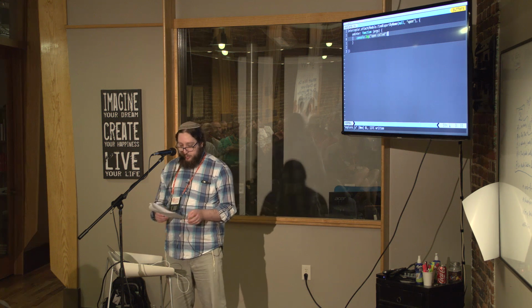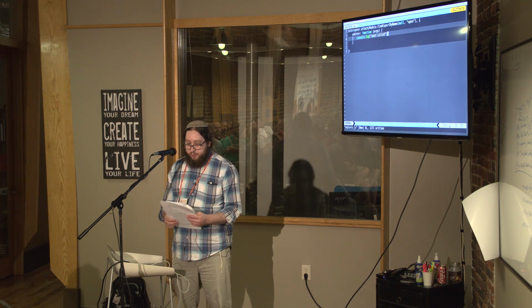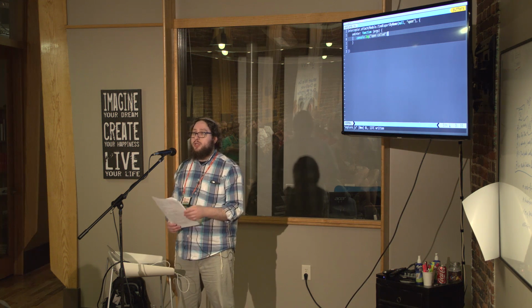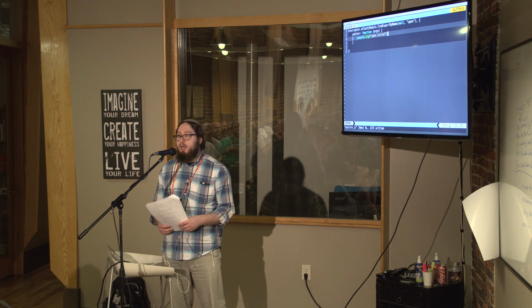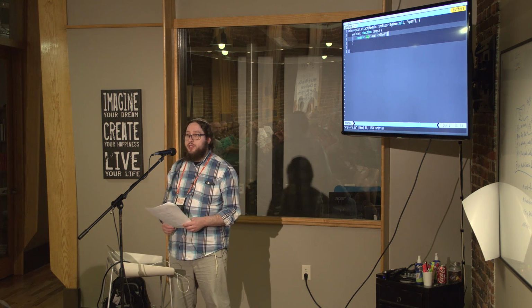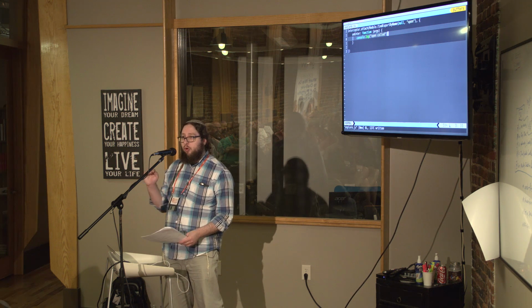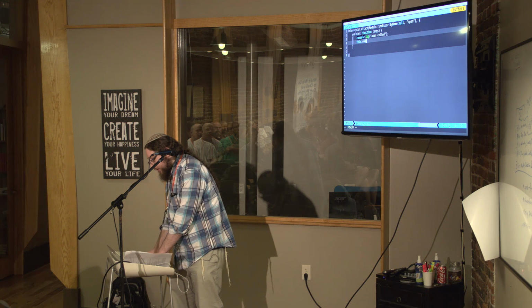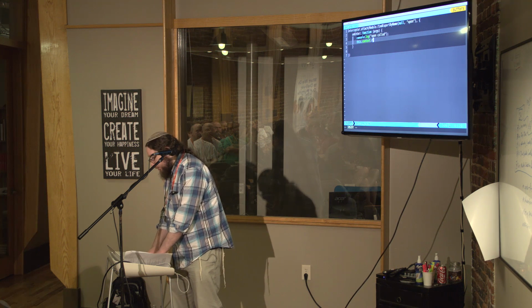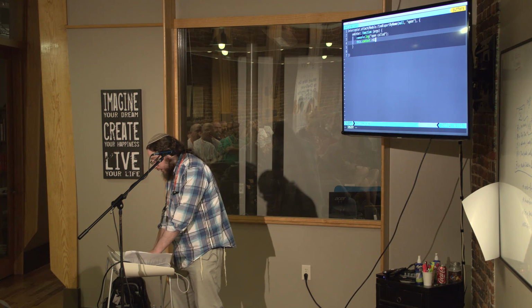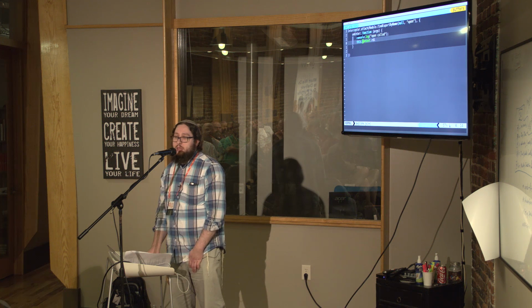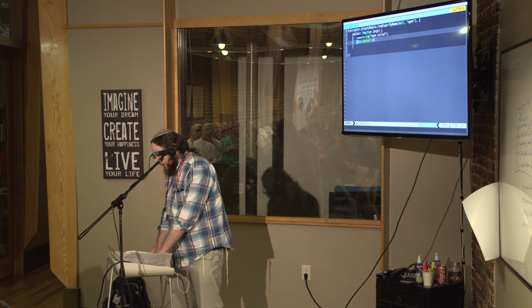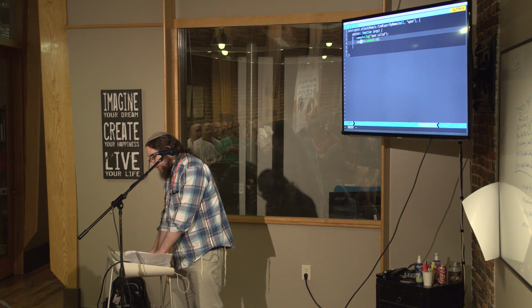Okay? If, however, you have a function which you know is doing something strange, is using a non-standard calling convention, or you just want to be able to access the processor registers at the time that the function is called, you can access those things via the this.context object. We can, for example, look at RDI, which is the first argument on x86-64. If we console.log that,